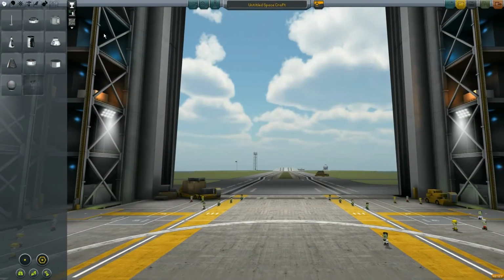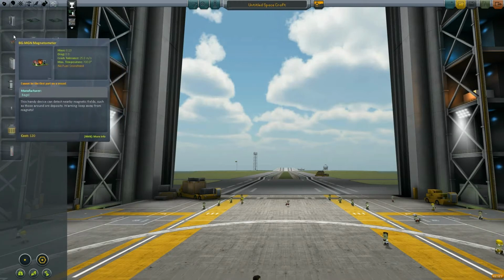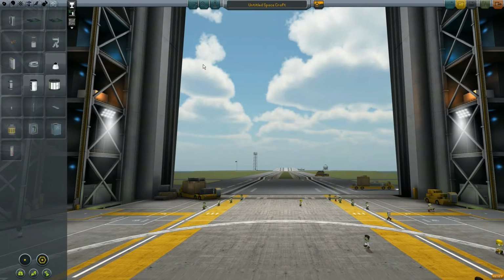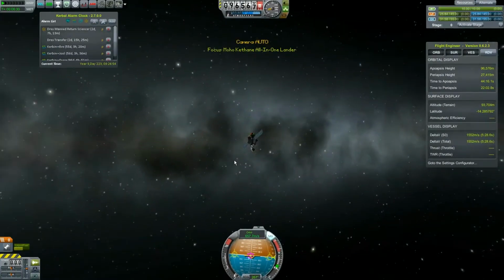And I just remembered I installed a new mod that would have allowed me to jump to the vehicle assembly building right away, but I forgot to use it because that's me. Okay, this thing needs to be 60,000 meters away. So as soon as it's 60,000 meters away, it will start detecting ore. So 60 kilometers. So we can't jump back from here, so let's go ahead and, through the magic of editing,